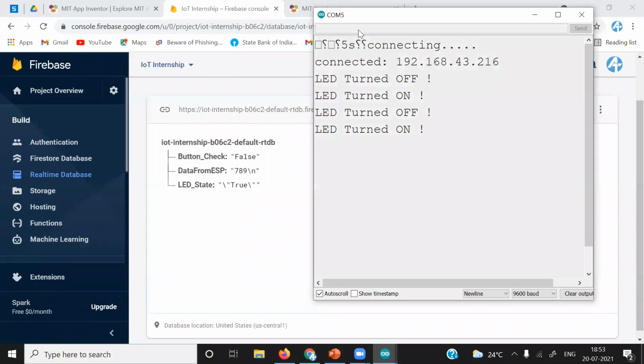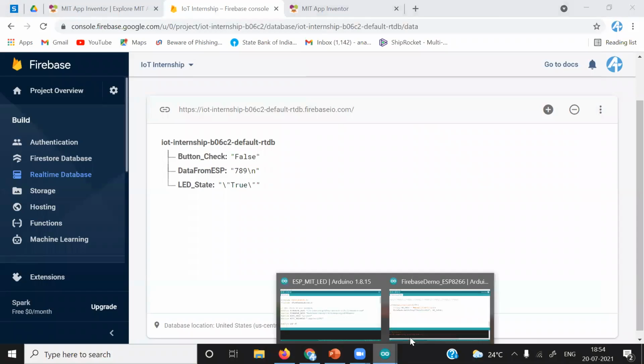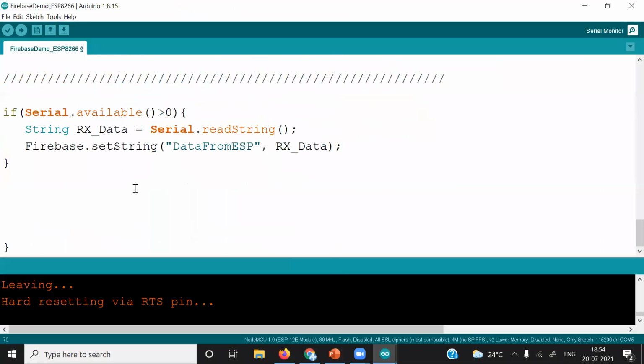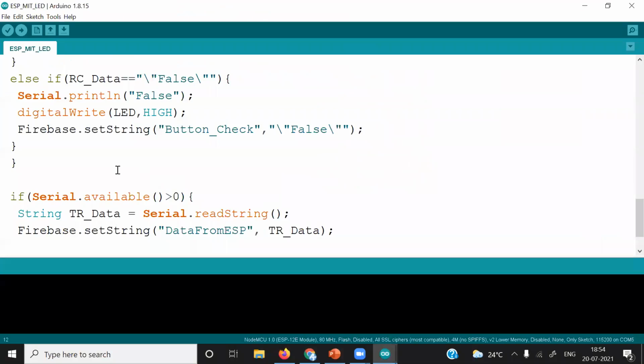Now, I will discuss a few things about MIT App Inventor and the security with Firebase. So this is the same code.